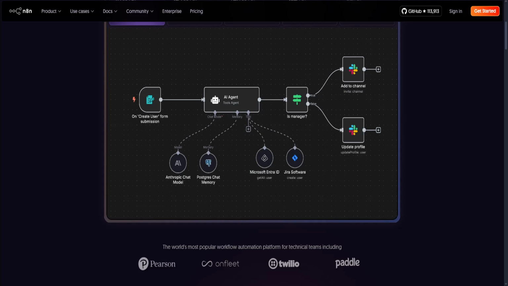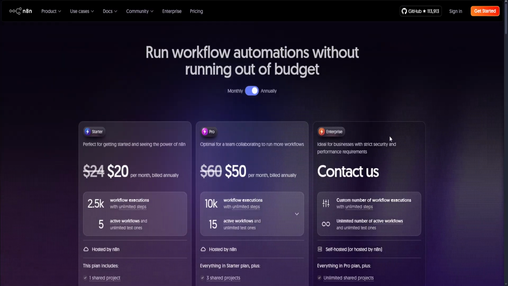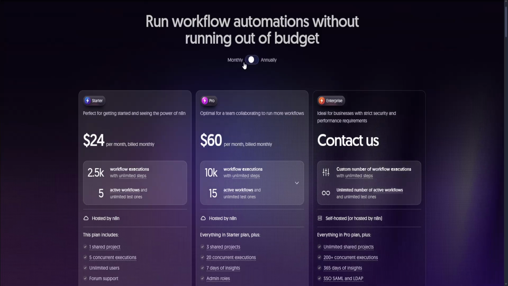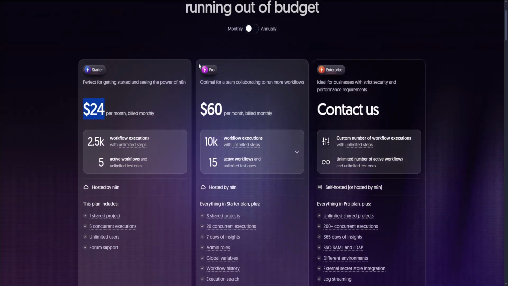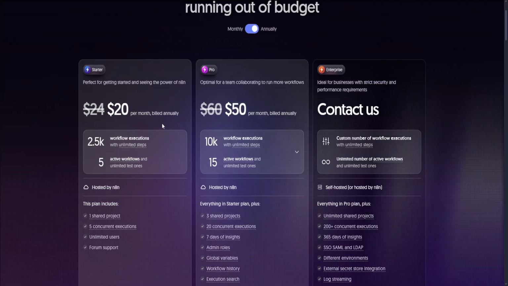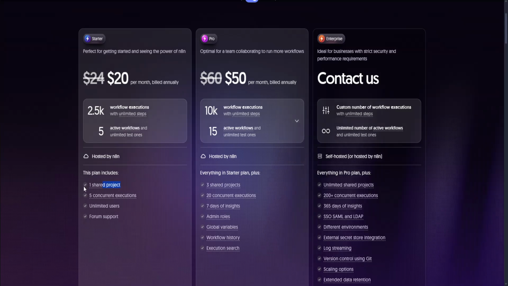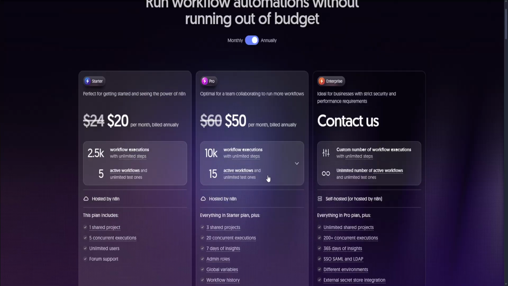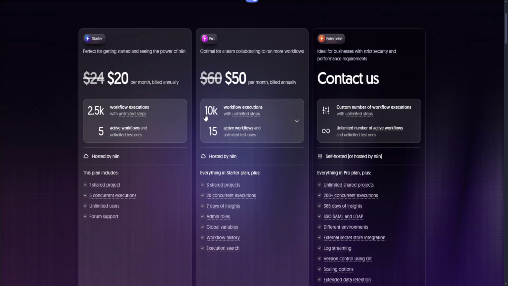So check right here, you can see the pricing and the plans. The plan starts at $24 per month when billed monthly, but if it's annually, you can have it for $20 per month for the starter. What you get here is one shared project, five concurrent executions, unlimited users, and some forum support. However, for the pro plan, you can get 10K workflow executions with unlimited steps, 15 active workflows, and everything